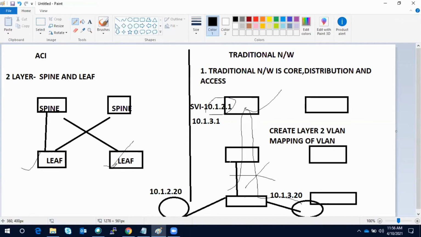It is the leaf layer itself. So if there are two servers, although they are in two different subnets, the lookup will happen just at this layer, and the packet will be routed. So you can see the forwarding is more efficient in ACI compared to traditional networking.